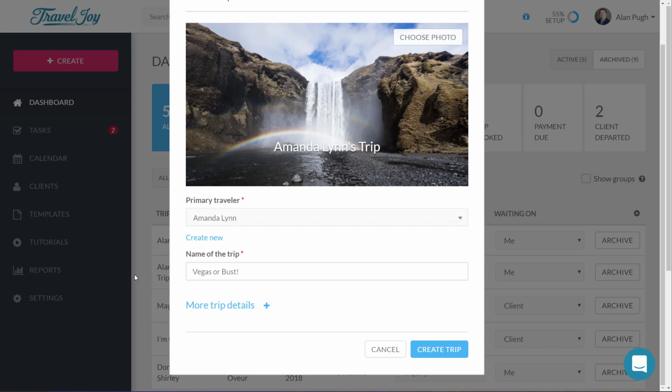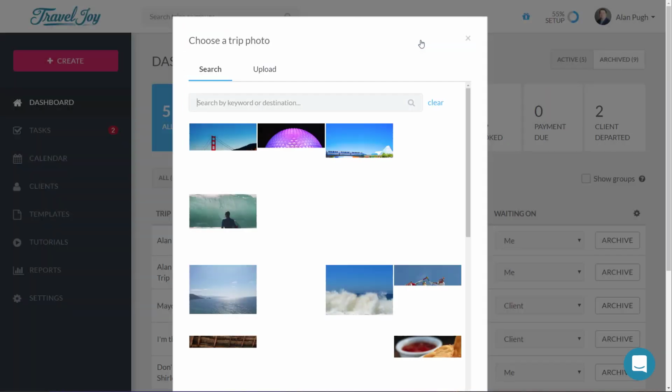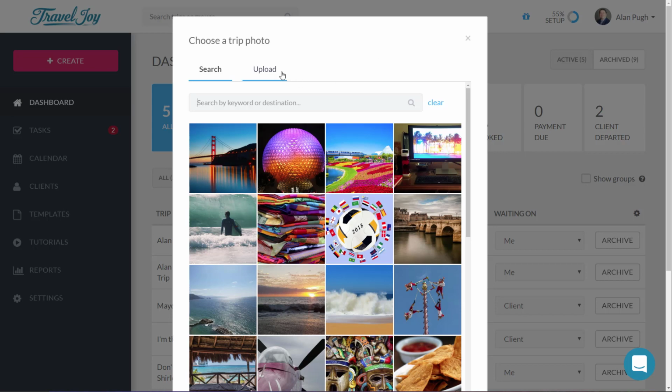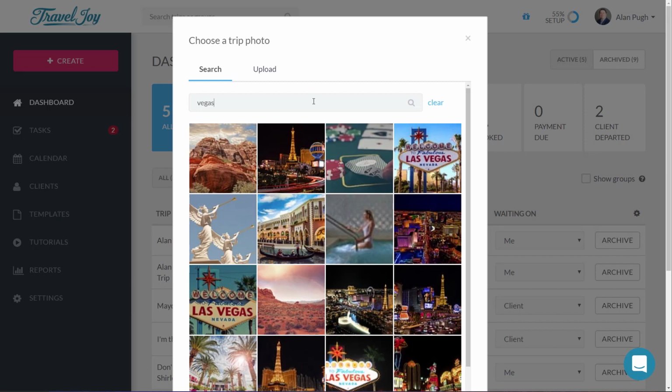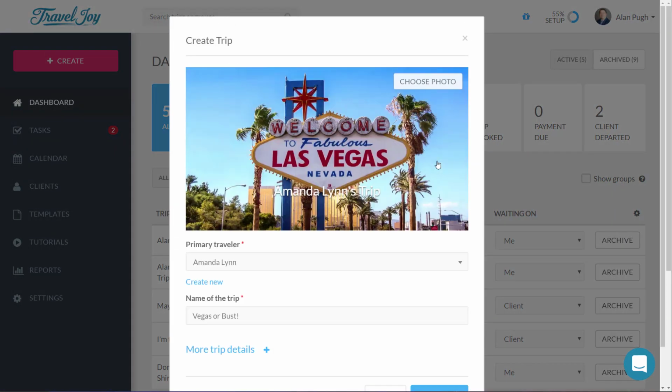And then the last thing that I'm going to do here for now is choose a photo for this trip by coming up to Choose Photo. If you have your own photo, by all means use the Upload button here and upload it. Make sure it's a wide format instead of a tall one, because it's going to be at the top of forms. But in the meantime, we do have all these amazing royalty-free images from Pixabay. So I want to come over here and search for Vegas, and I want to find that Vegas sign, that infamous welcome to Vegas. Here we go. I'm going to click that. And that's going to show up at the top of Amanda Lynn's trip when she opens a form, an invoice,